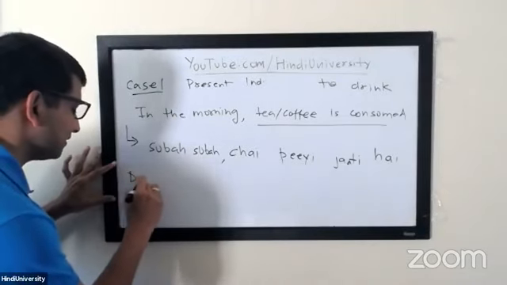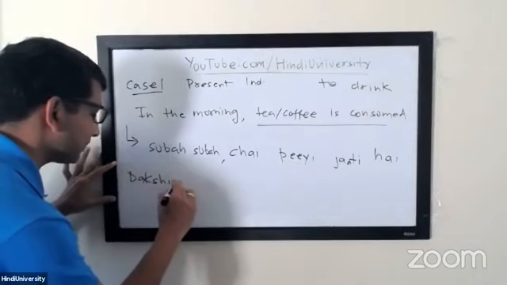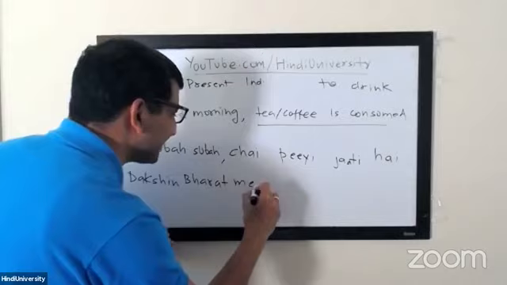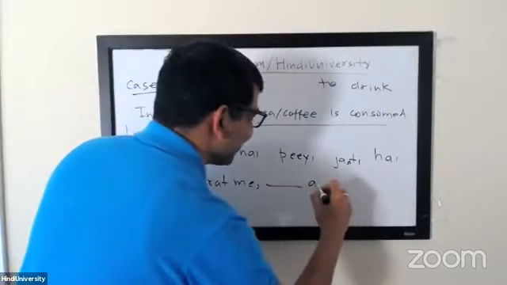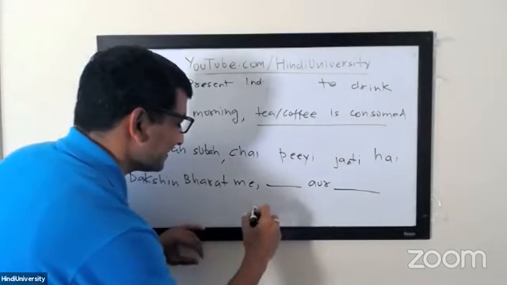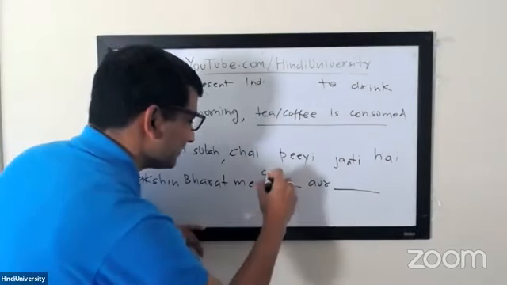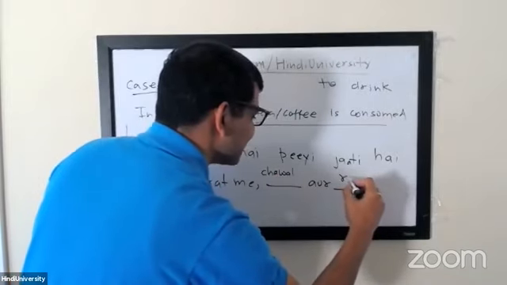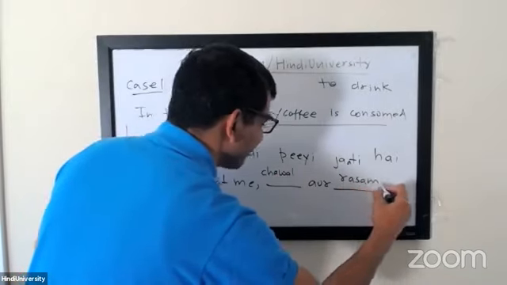दक्षिण भारत में what and what? Okay, that's it. And then chawal or rice, rasam. Chawal is rice, that's right. And rasam is like a drink. Not a drink, but like a